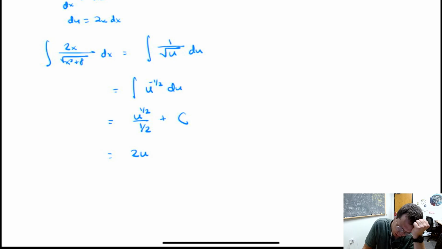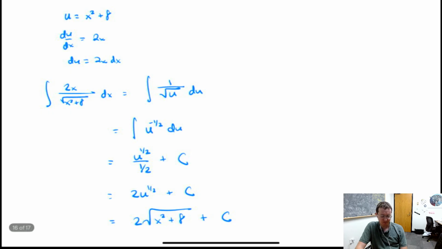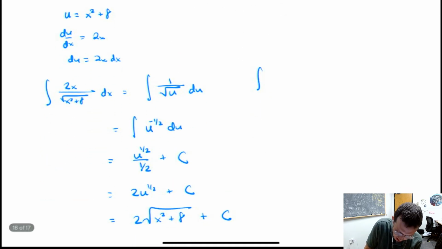That's 2u to the 1/2, or 2 times the square root of u, and then I'm also going to need to substitute the value of u back in. U is equal to x squared plus 8. So here's my antiderivative, and that means that the definite integral from 1